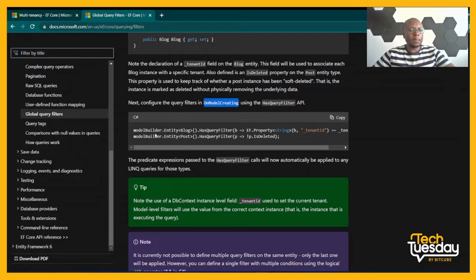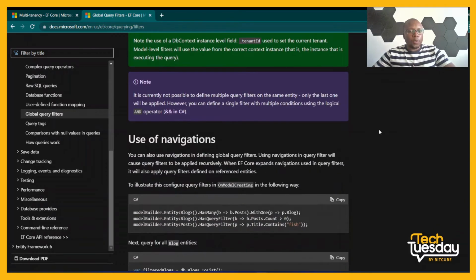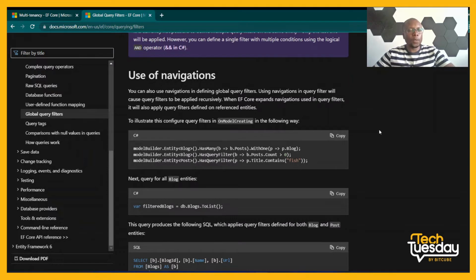You would implement it such that a blog which has a tenant ID field would automatically query that tenant ID and make sure that we're only returning those blogs that belong to that particular tenant ID. So that is the approach that we're going to go with first,